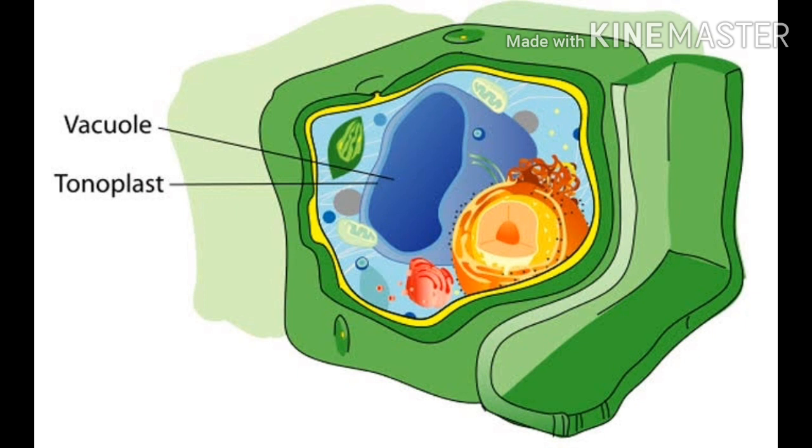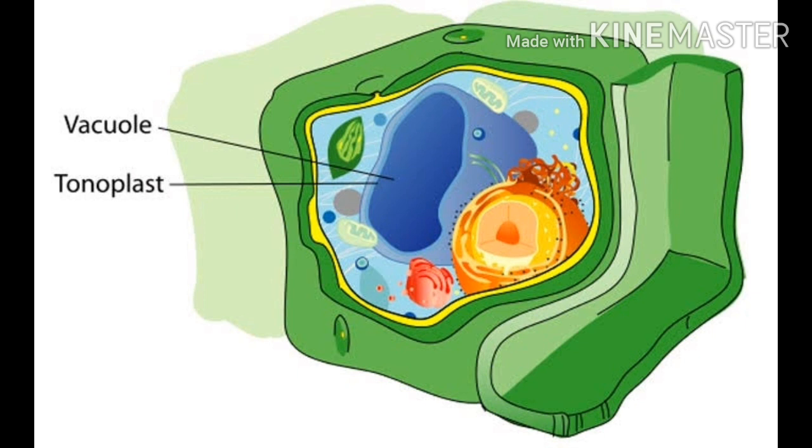So in the case of the cell, have you thought about how the cells dispose of the waste which is present inside the cell? The vacuole works just like a dustbin in the case of the cell. In blue color it is present in the cell. You can see that it is already shown. It looks like an empty box, but liquid is present inside it. So the function of the vacuole is to collect all the garbage which is present inside the cell.